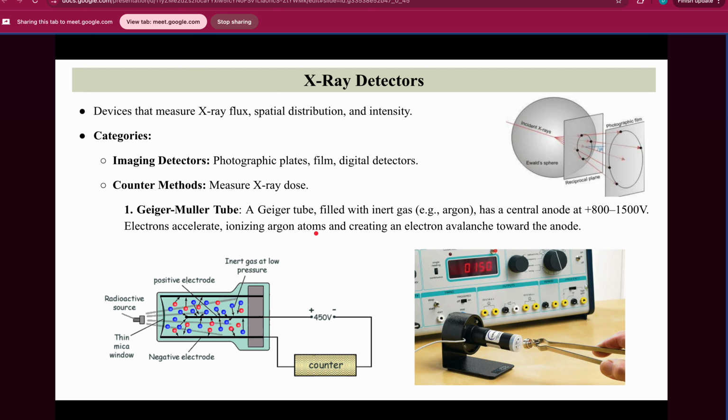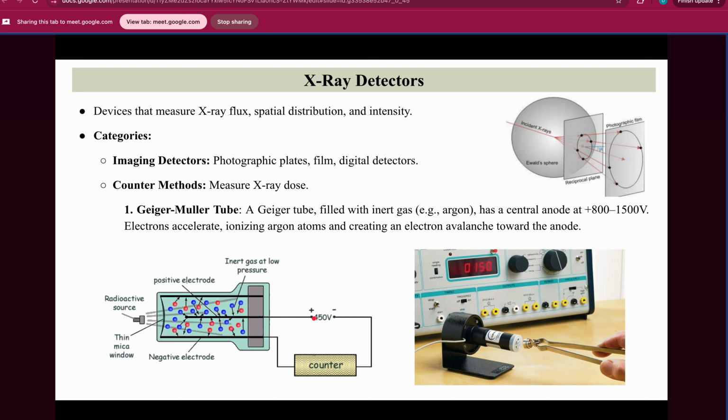So after ionization, because it is getting hit by the electrons, it will get ionized and create an avalanche of electrons. So multiple electrons will be produced, and now these electrons will tend to move towards the anode. The anode is the middle positive plate which is positively charged, and electrons are negatively charged. So they will move from this end, which is the negative electrode. These edges of the tube, or the boundaries of the tube, are negatively charged. From where the electrons are moving towards the central anode, they will hit the anode,